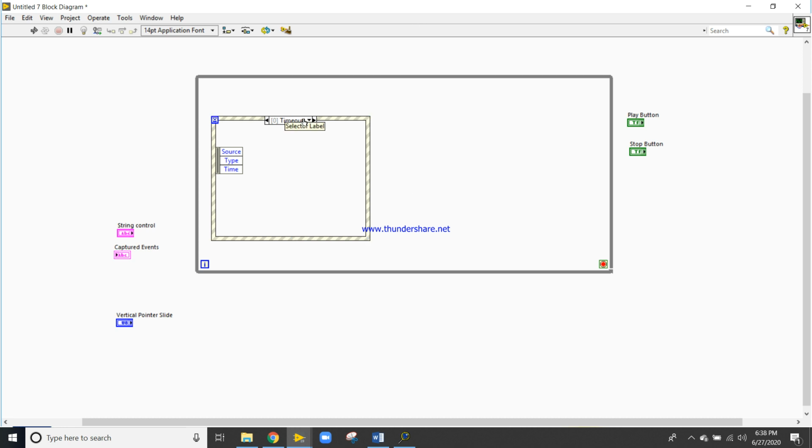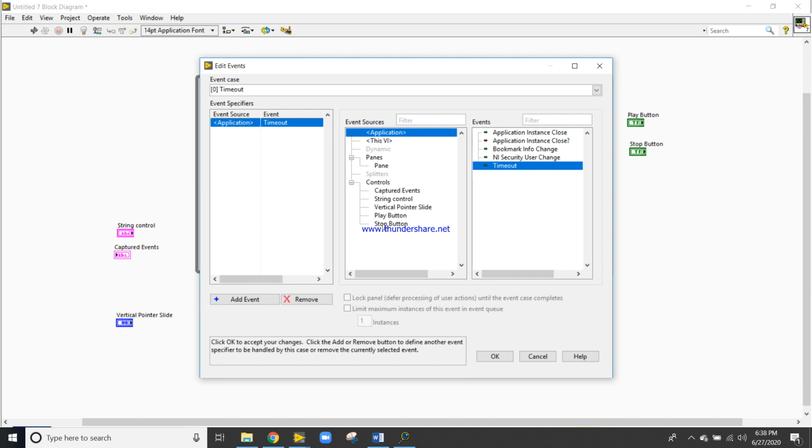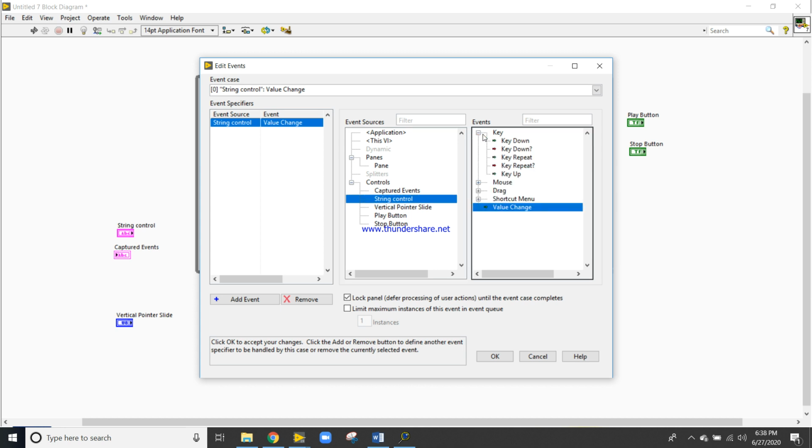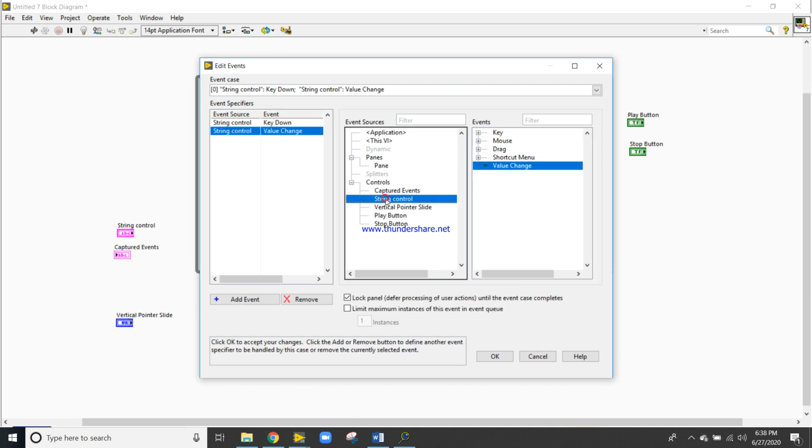So right click here, Edit Event Case. In this Edit Event Case we have the string control. We will take the string control and click on Key and Key Down. Then we will add another event, string control.